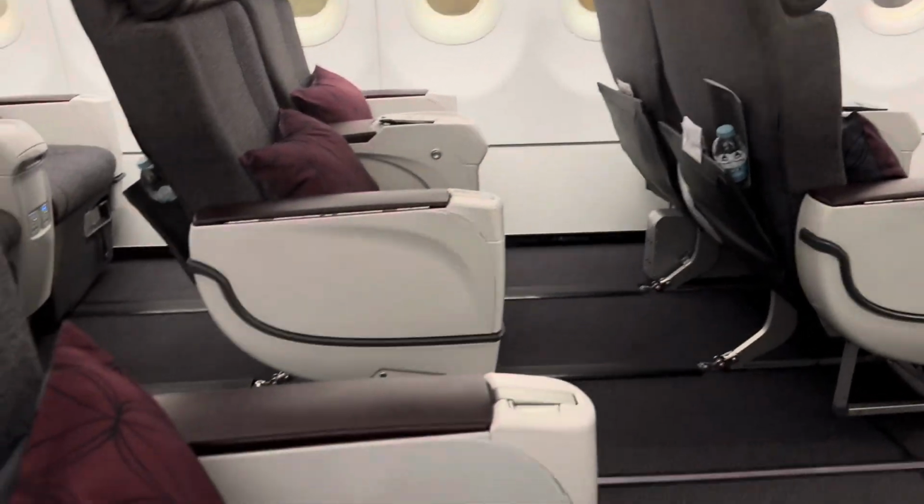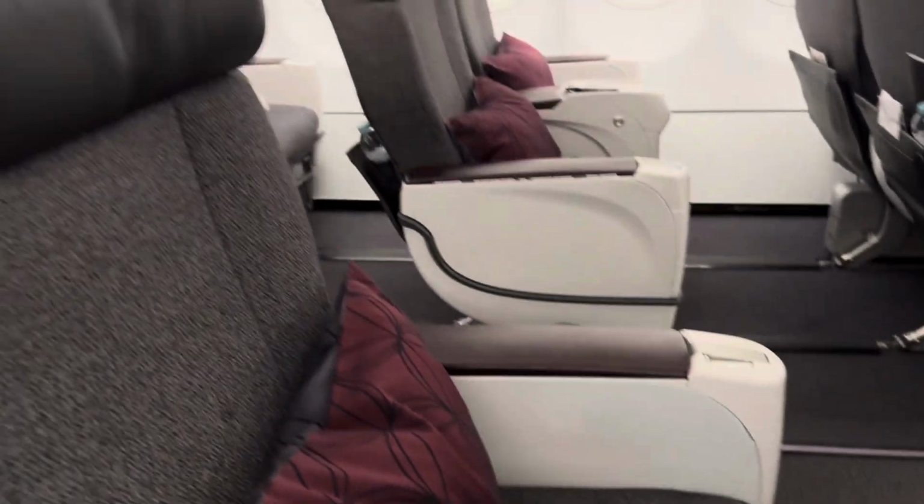Good evening from Abu Dhabi, where tonight I'll be flying on Qatar Airways on their Airbus A320 in their regional